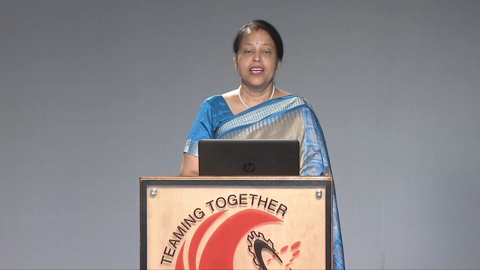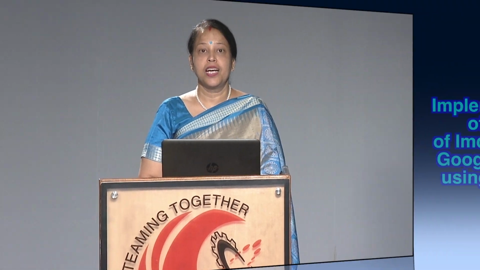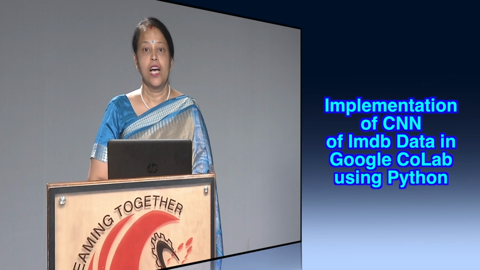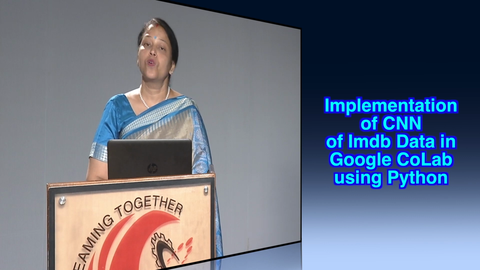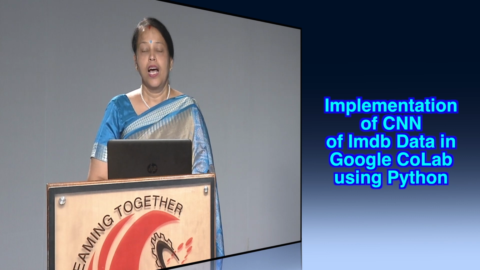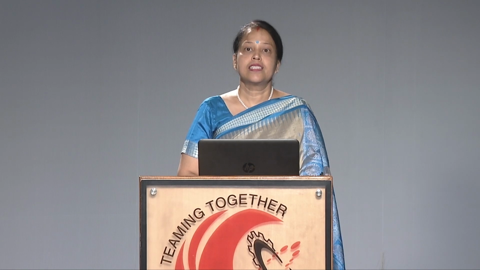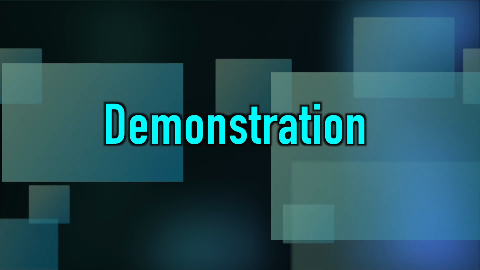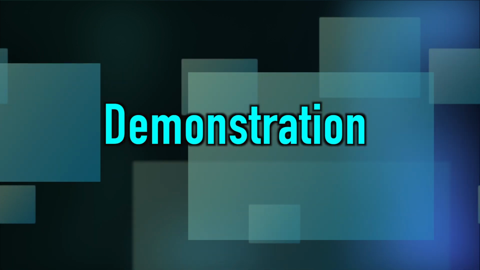Hello friends, in this session I am going to tell about the implementation of CNN on IMDb data in Google Colab using Python. IMDb data is text sequence data which consists of the sentiments of many people taken from Twitter, right? So we will again go to Google Colab, as I have shown in your previous